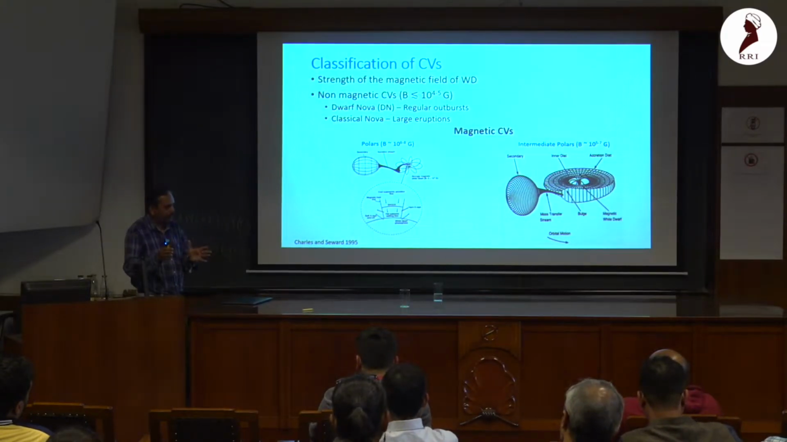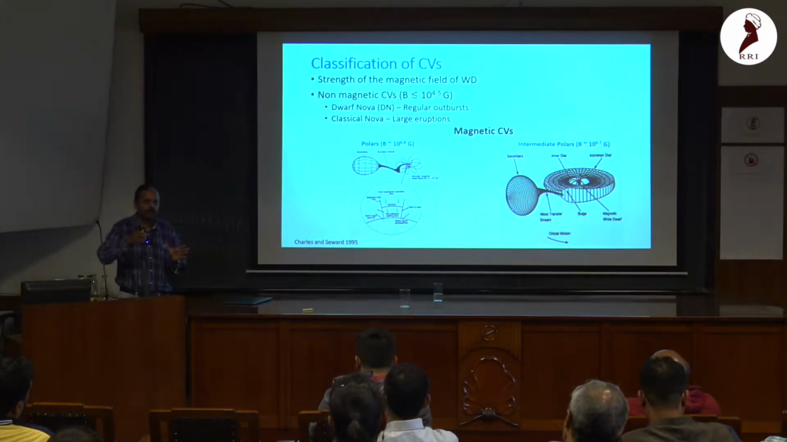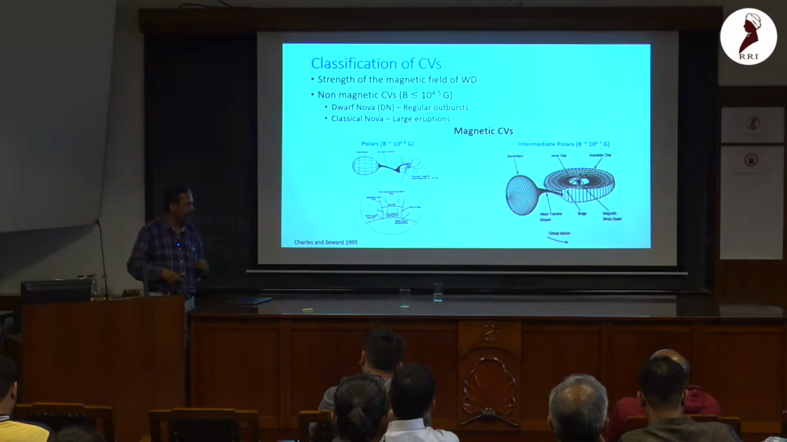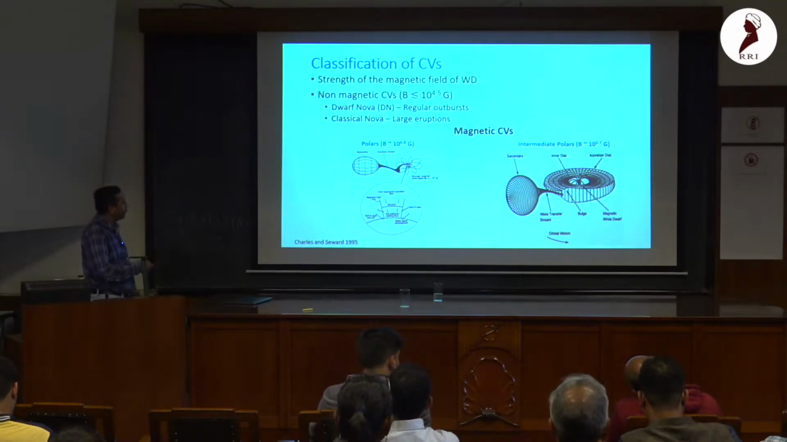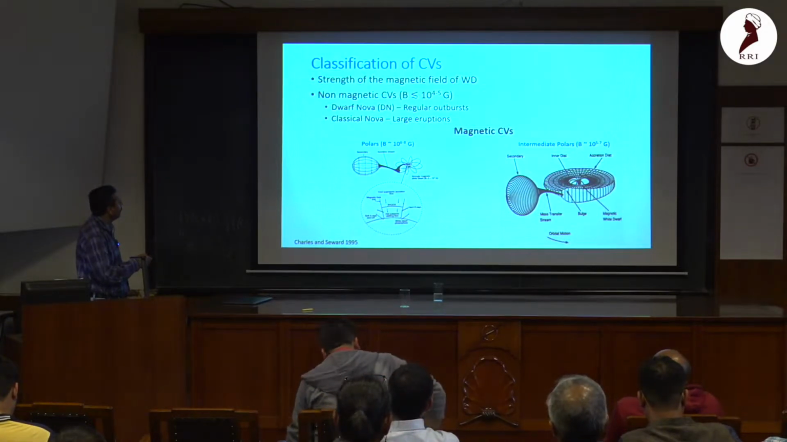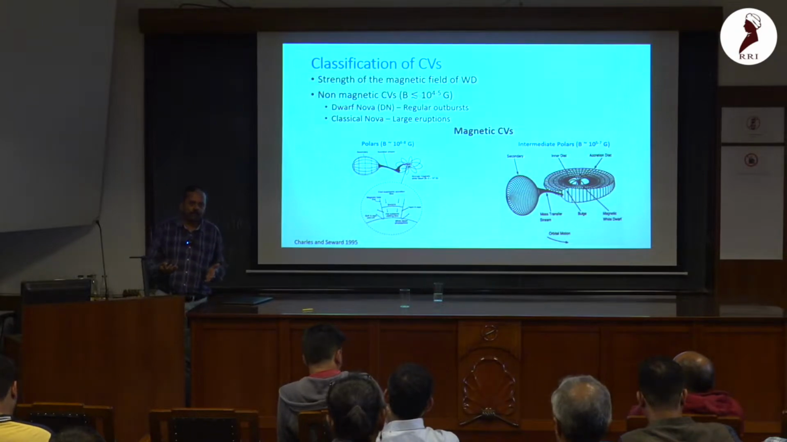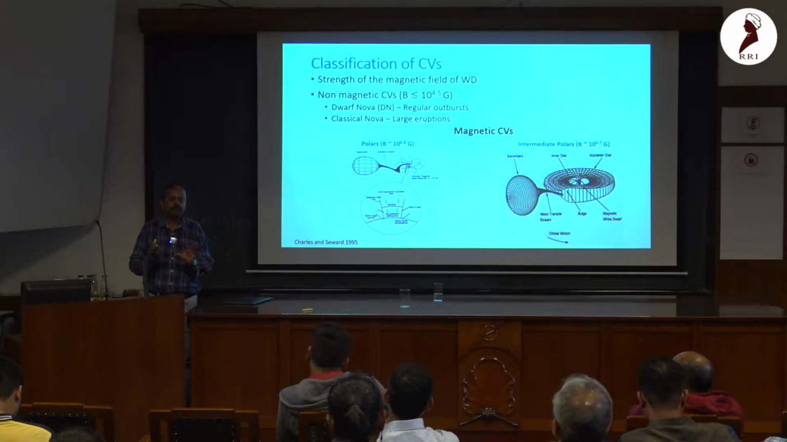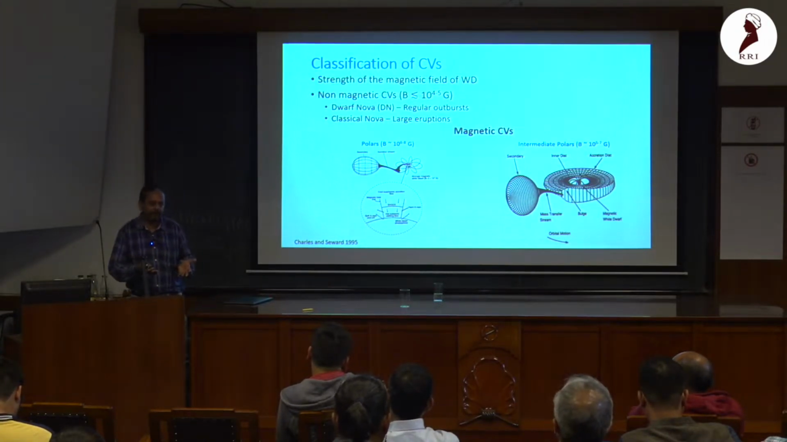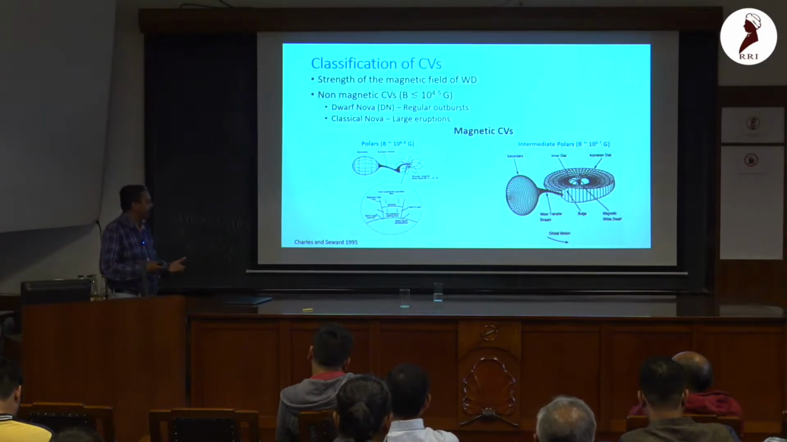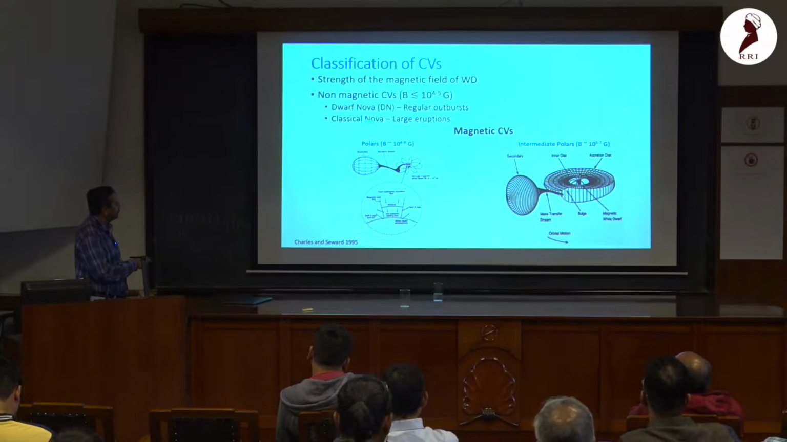Now, of course, these numbers are pretty scaled down compared to neutron stars, pulsars, or magnetars, which have 10 to the power 12 Gauss or 10 to the power 13 Gauss magnetic field. But if the strength of the magnetic field for the white dwarf is of the order of 1,000 Gauss or 10,000 Gauss, then for practical purposes they are considered non-magnetic, even though they have a magnetic field. The role of the magnetic field in accretion is very insignificant compared to other classes,